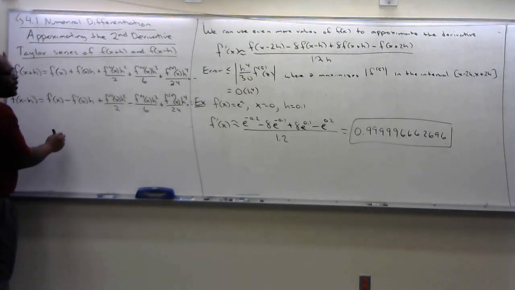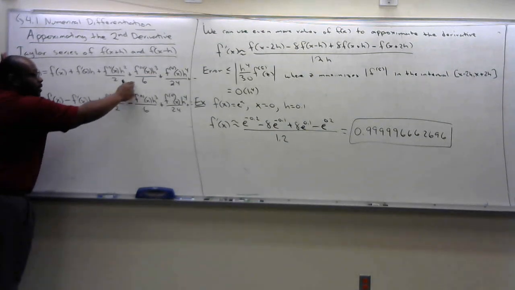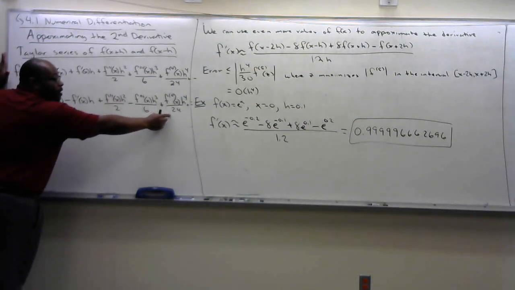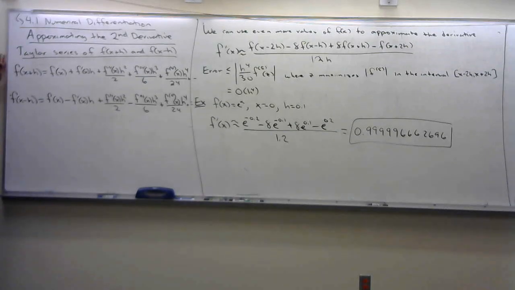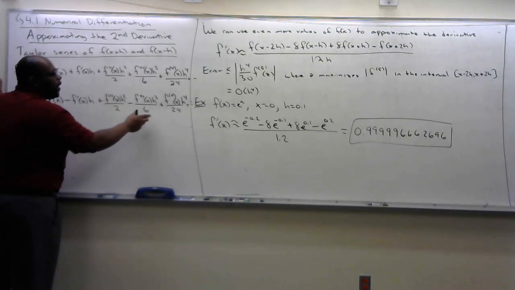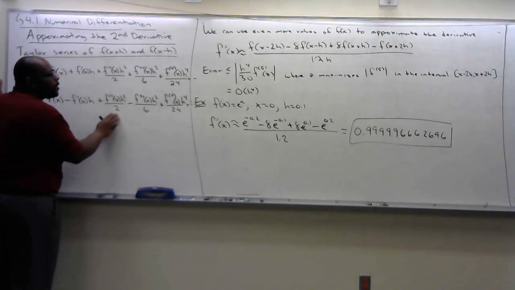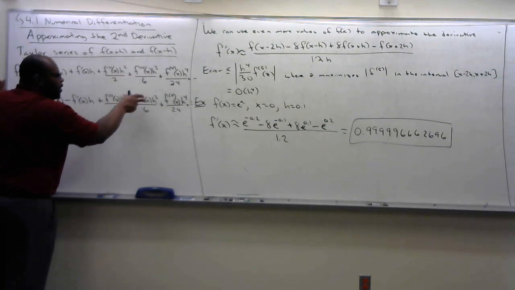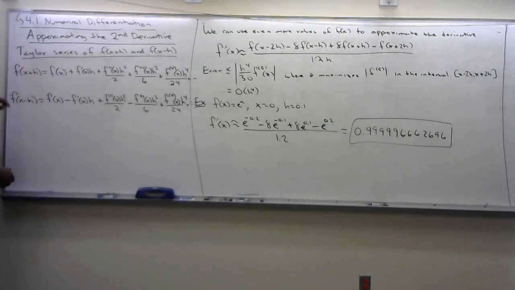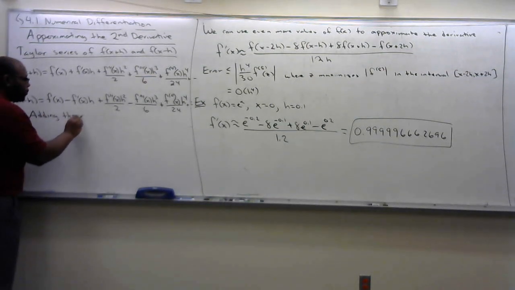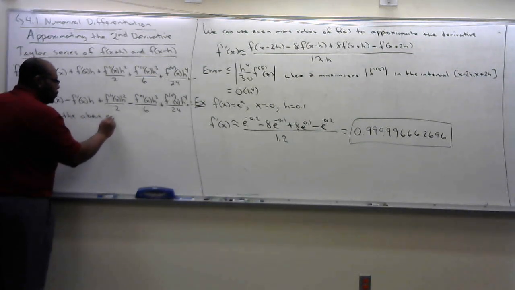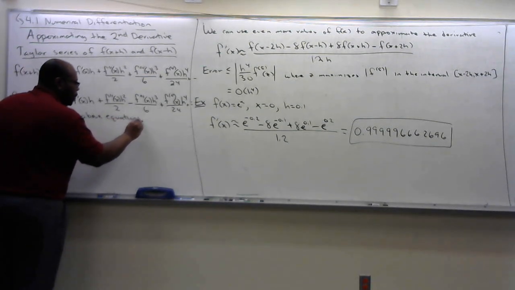When I add these two formulas together, guess what? This third derivative is going to disappear. The only thing I'm going to be left with is that fourth derivative, which makes me happy, because if I can get rid of any h terms to the right of what I'm trying to approximate, the happier I am. So I'm able to get rid of this h cubed term when I add them together. So, adding the above equations, we get,